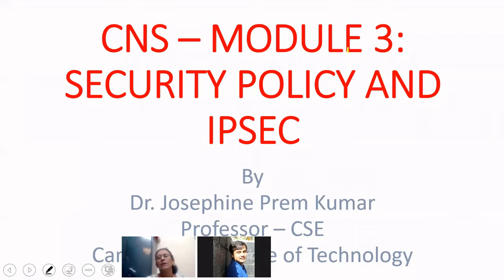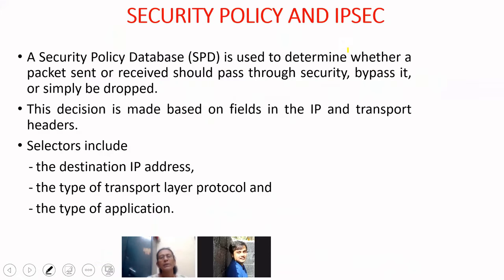So next we see the security policy and IPsec. Now IPsec, we said, is a network layer protocol. We are going to get messages from the transport layer. When we get a packet from the transport layer, how are we sure whether this particular packet should undergo security or not? Some of the packets need not be very secure. We may not be using this security; only in some packets do we need it. How do we know this? This is determined